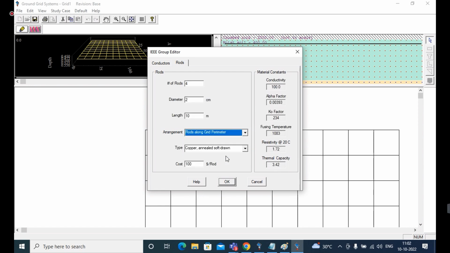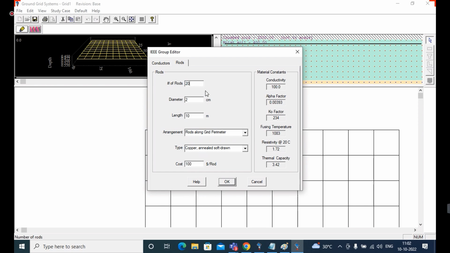So how many rods am I going to use? I'm going to use a number of rods. Not only for corners, on the outer side of the grid mat in that place I'm going to use them. So the maximum rods I'm going to use now is 20. After that we will change. Okay, first I will check for the 20.